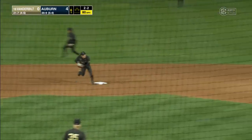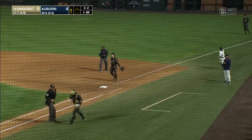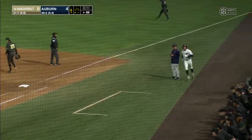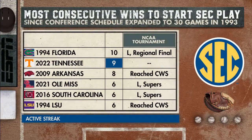Chopped in the middle. A run for Young. Fields it cleanly, up in time, the first for the play. Nice play in the middle infield, but going back to our conversation, here's a look at the best starts in